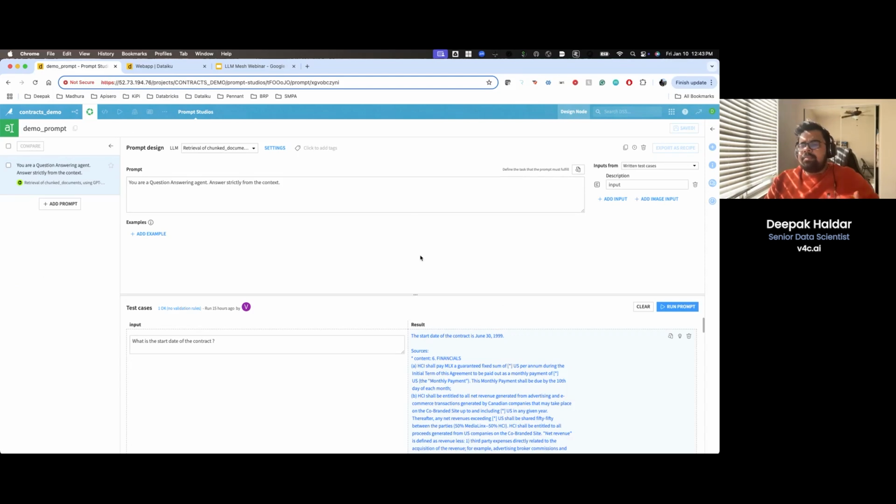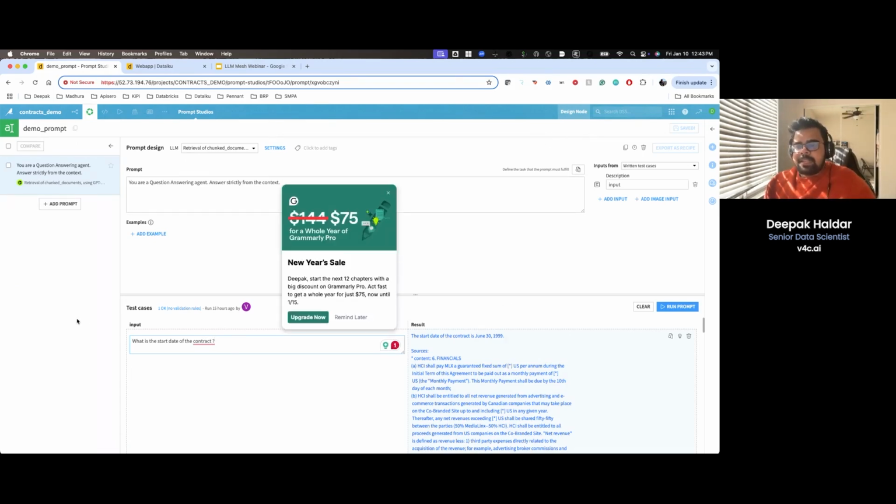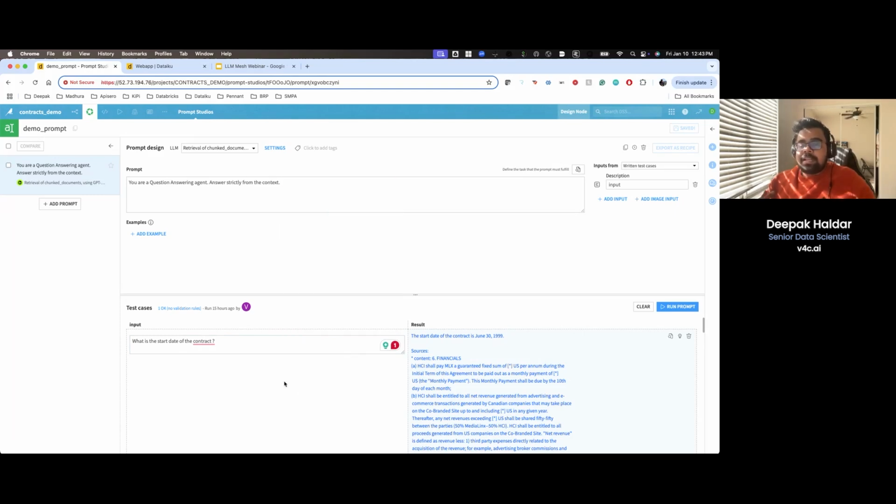So as we can see, this is a Prompt Studio that I have built. What we have done is we have defined the contracts or the documents, and we have extracted data from those documents, and we created our knowledge bank, which has access to all the relevant information from the documents. We have properly chunked it, and if any data pre-processing is needed, that pre-processing is done, and we have created a knowledge bank, and that knowledge bank acts as a repository which has all the information related to your files